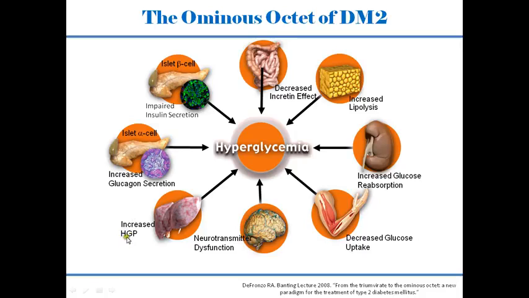There is increased hepatic glucose production by the liver. There is neurotransmitter dysfunction. There is decreased glucose uptake, increased glucose reabsorption, decreased incretin effect, and there is increased lipolysis. These are all the pathways which are responsible for the